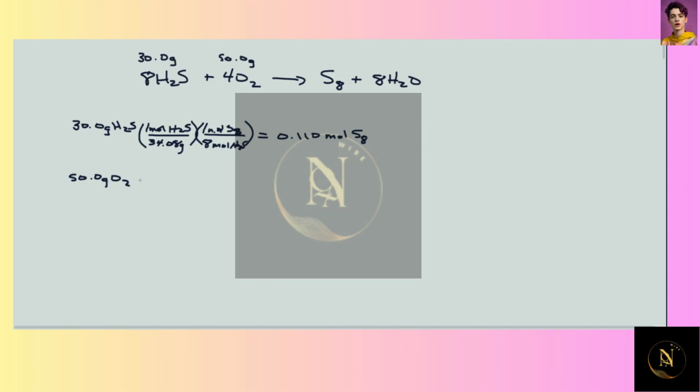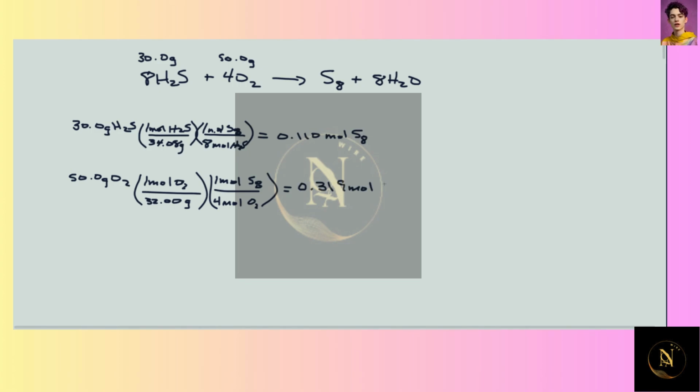And we've got to do the same thing with our 50 grams of oxygen. And so 1 mole of oxygen is 32.00 grams. And then we're going to need the mole ratio. For every 1 mole of S8 that we make, we use 4 moles of O2. We still have 3 significant figures for our answer. And when we do the math, we get 0.391